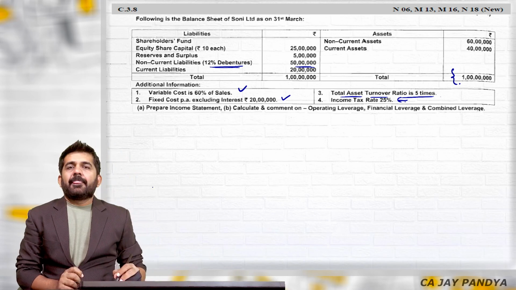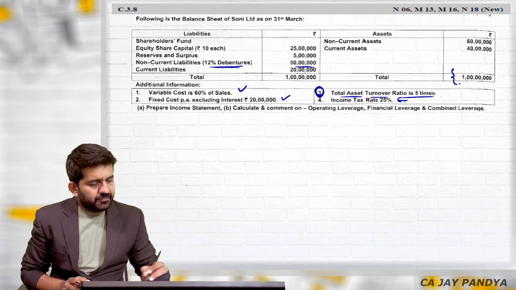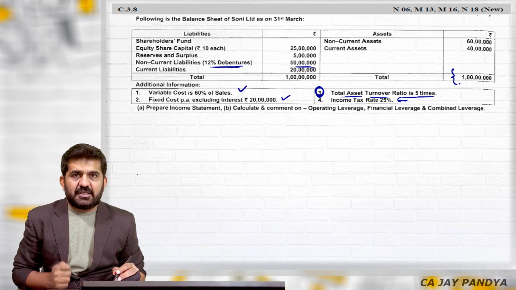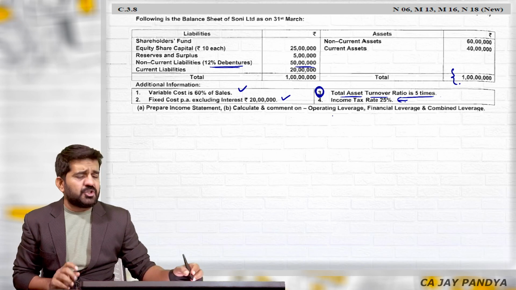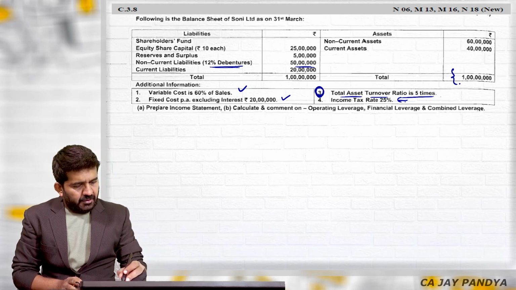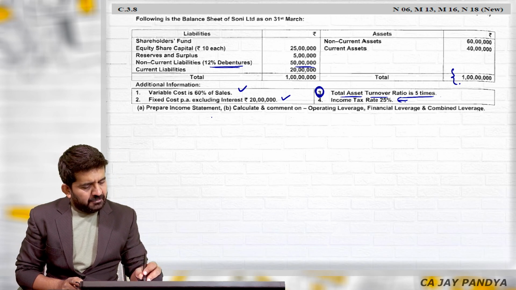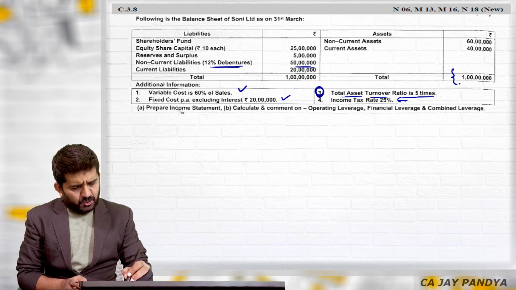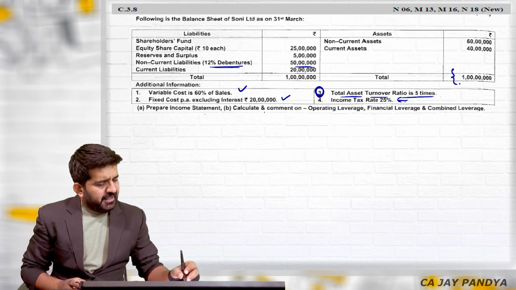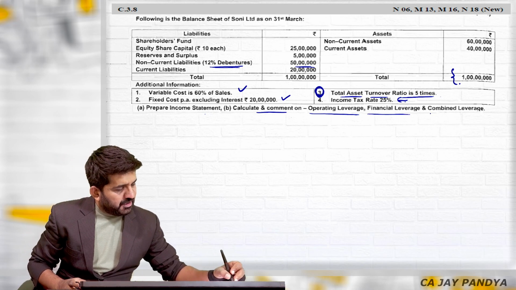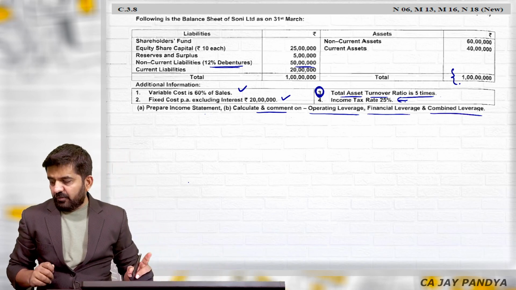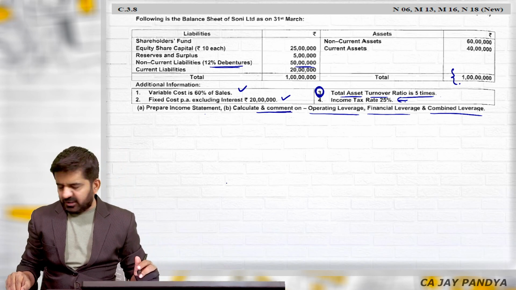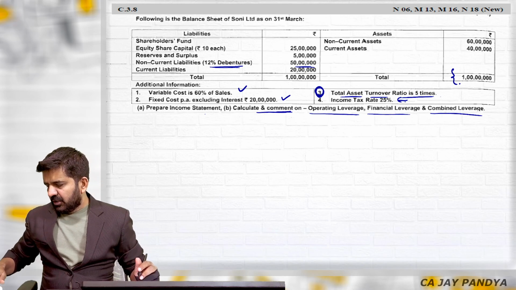So understand, this is new for us. Total asset turnover ratio. Why? Just because we have not done financial ratio analysis. Once we do financial ratio analysis, this will be very simple. Fixed cost, prepare income statement. Will not be doing this because this is the part of, let us also do this. Prepare income statement, calculate and comment on operating leverage, financial leverage, and combined leverage. So we'll be doing it also, and we'll be commenting also on all three leverages. Try to understand